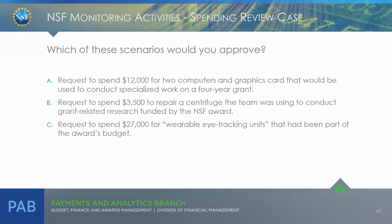So as an example, you receive a request to spend $12,000 for 2 computers and graphic cards that would be used to conduct specialized work on a 4-year grant. Or you receive a request to spend $3,500 to repair a centrifuge the team was using to conduct grant-related research funded by the NSF award. Or you receive a request to spend $27,000 for a wearable eye tracking unit that had been part of the